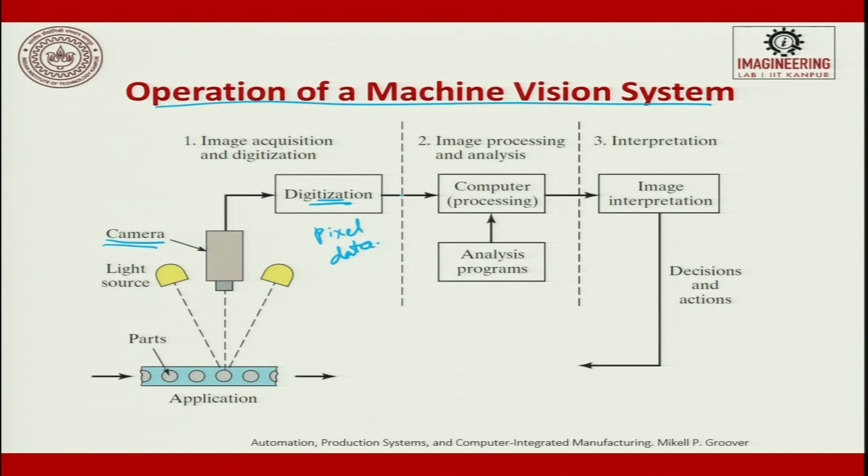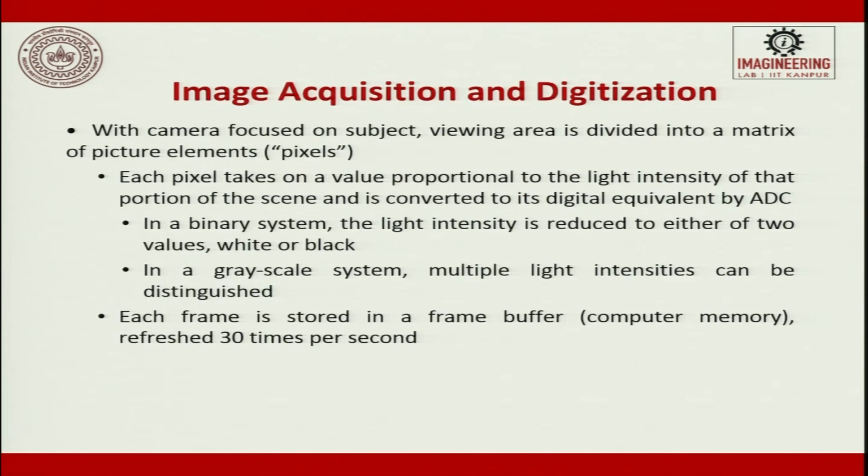After this, the pixel data is passed through image processing and analysis. The computer starts working on the algorithm, and it starts correcting or removing the noise, then removing the background light, etc., and then it starts working on extraction of the features. That is what happens in image processing and analysis. Finally, from the extracted image, we compare with a master, do an interpretation from the master, and then try to take a decision. This is the decision and action taken for the image based system. These are all part of computer aided quality control today.